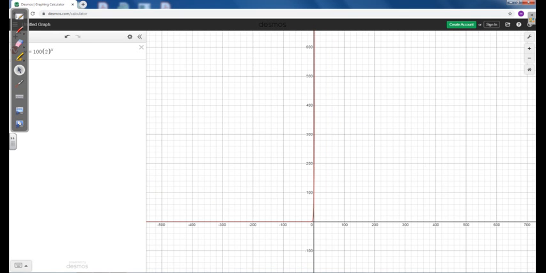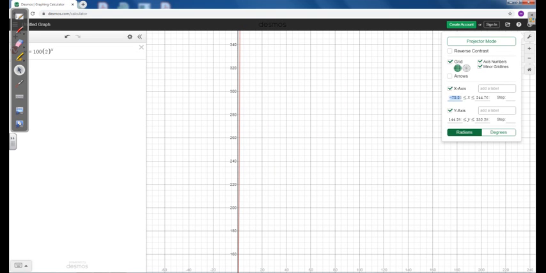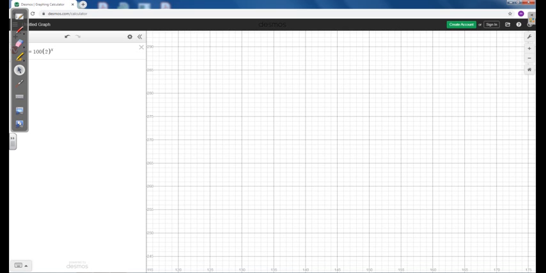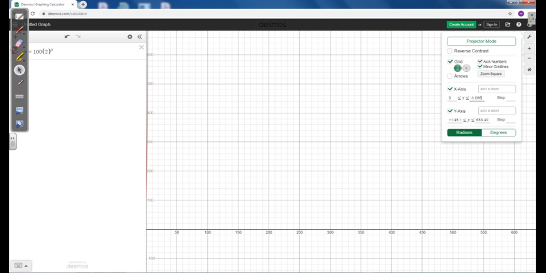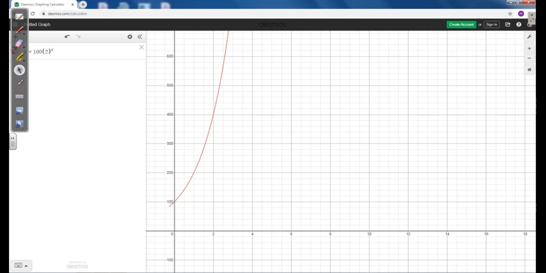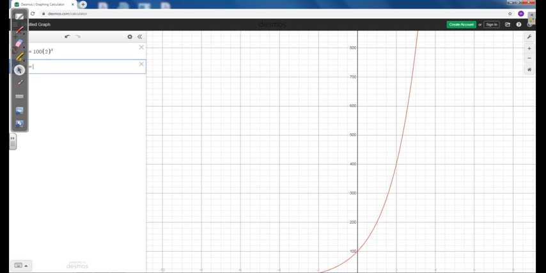It will never end. Okay. And then if I have y equals 100 times 3 to the power of x, you see that the blue one